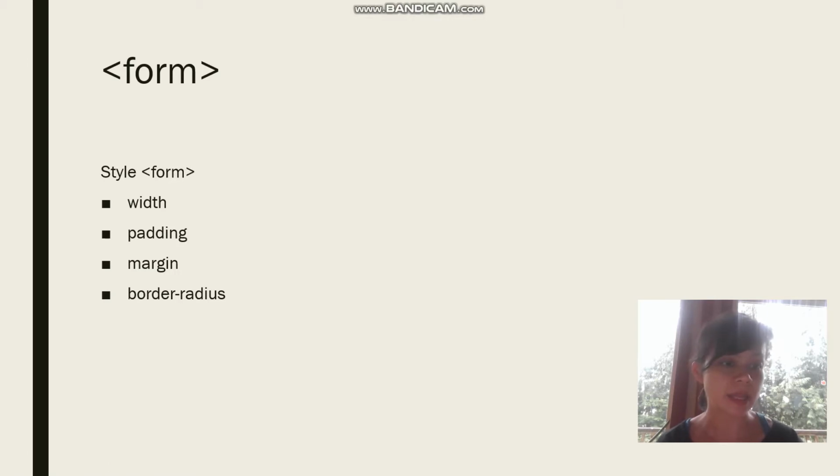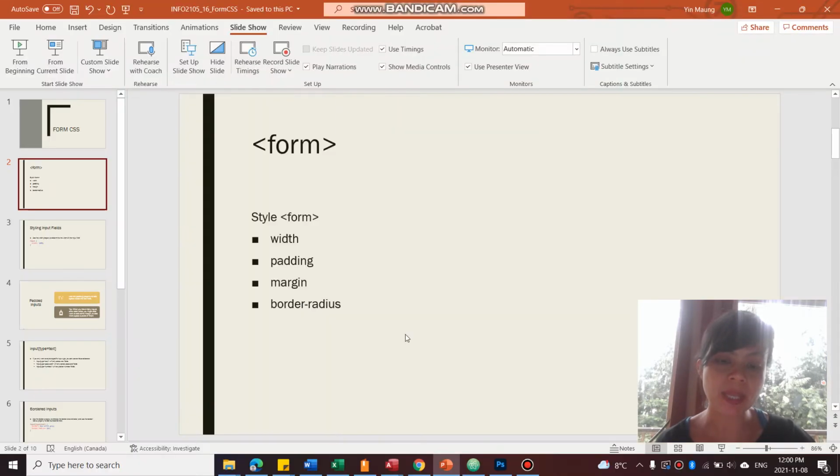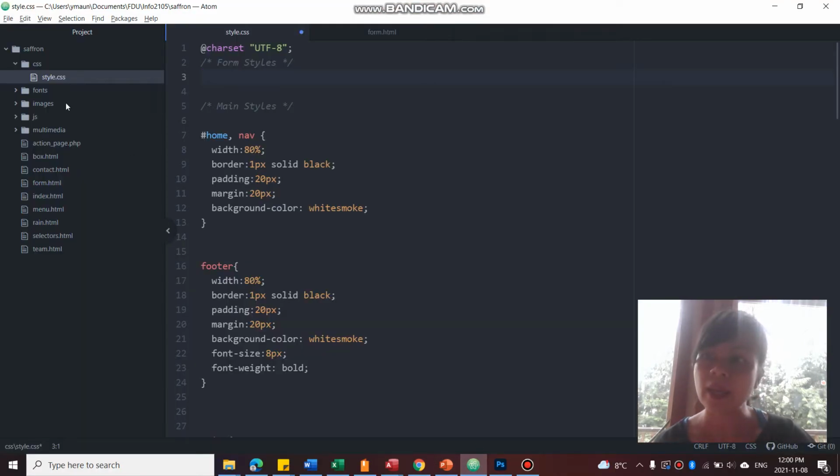We can set something like a background color. We can add padding, which is the space inside of the form. And also the margin, which is the space outside of the form, and we can also give it a nice round corner, so that would be the border radius. So let's just get out of this PowerPoint for a bit, and we're going into Atom,